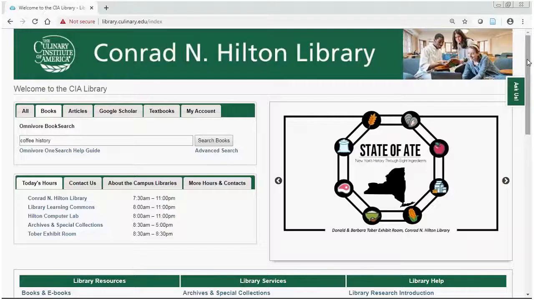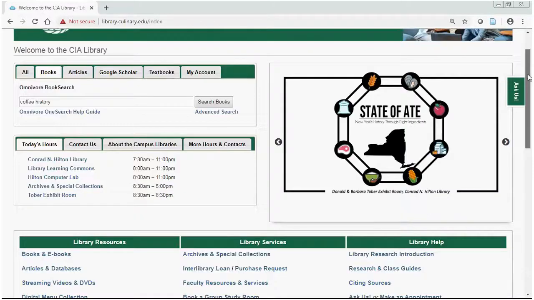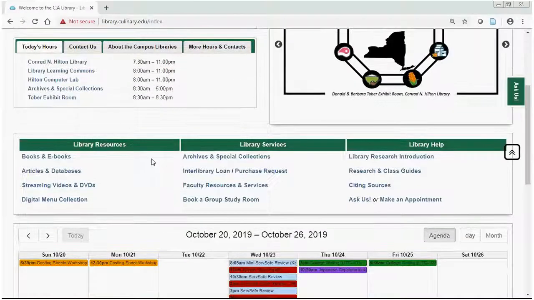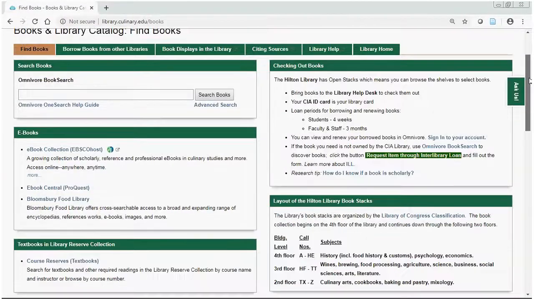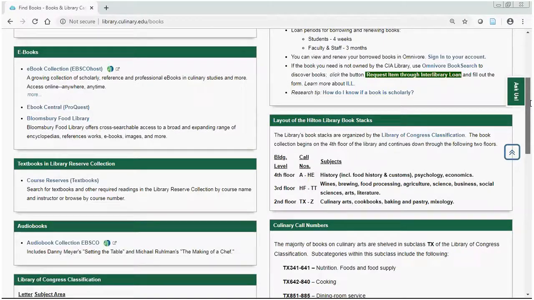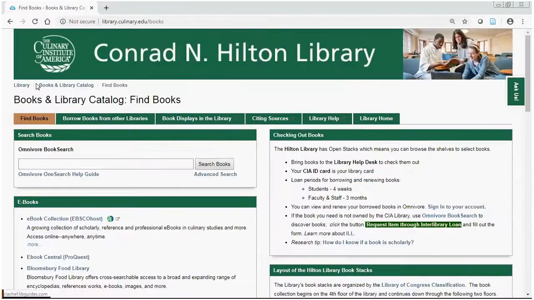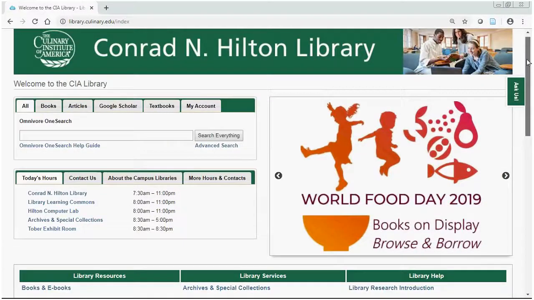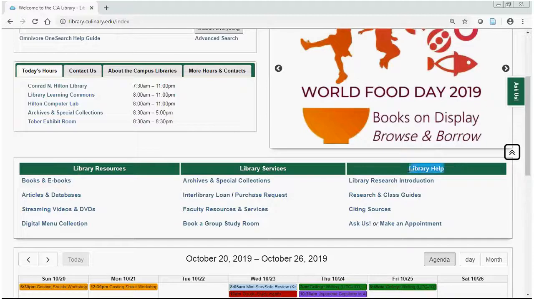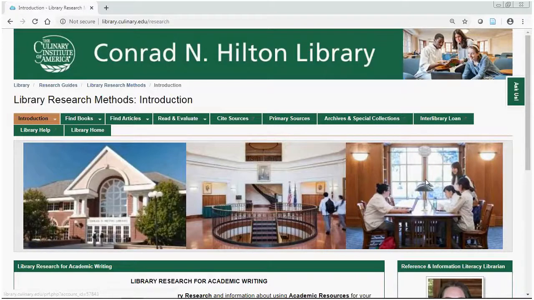On the library's homepage, we have a number of pages that can provide further assistance. Under Library Resources, the page with more detail about our books and ebooks, searching, finding, evaluating, checking books out, and locating books in the library. Also, under Library Help, our Library Research Introduction, our section on books,